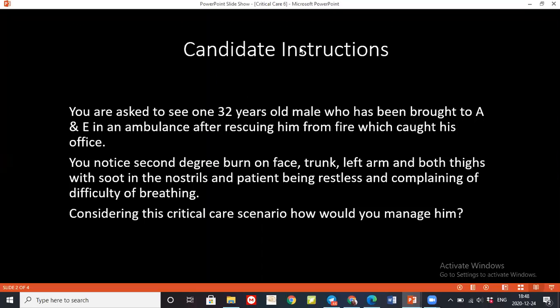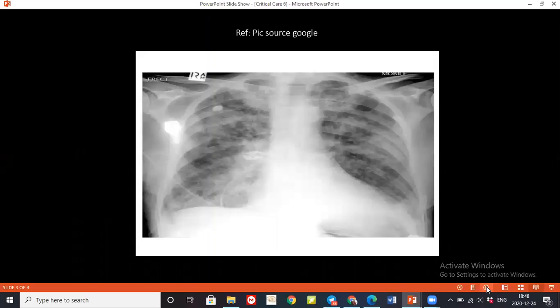Can you tell me how would you read this chest X-ray? This is a posterior anterior chest X-ray taken in the erect position, showing the trachea in the center with no bony abnormalities. All the ribs have equal spacing in between. There is no bony abnormality in the clavicle or scapula. I can see the hilar markings to be very prominent in both lungs, and there is a diffuse pulmonary infiltrate in both lungs, while the posterodiaphragmatic angles are intact.